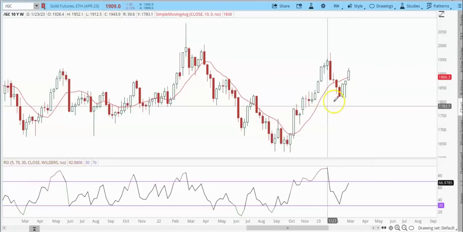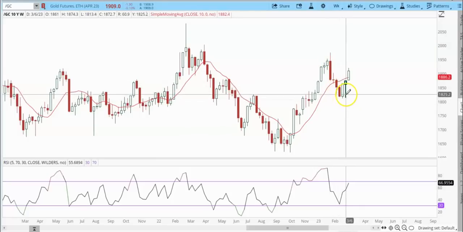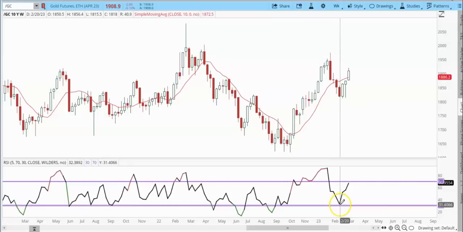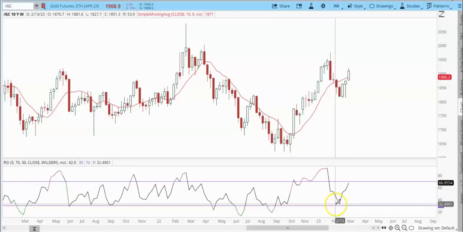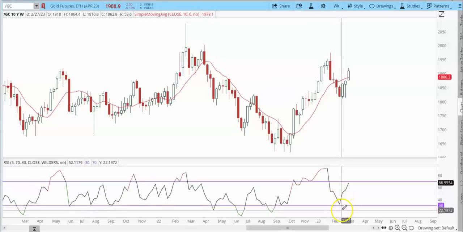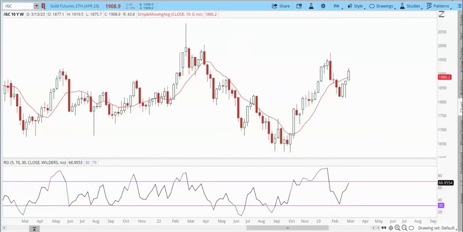All right, now here's the gold cycle. This is also weekly. You can see gold was moving down into an intermediate cycle low, I think, but it has recovered the 10-week moving average. You can see we got that same look here. RSI got down, didn't even quite get to oversold, which would be an indication of an extremely strong market that can't even fully push the RSI into oversold during an intermediate decline. Now let me go to the daily chart and then let me show you the